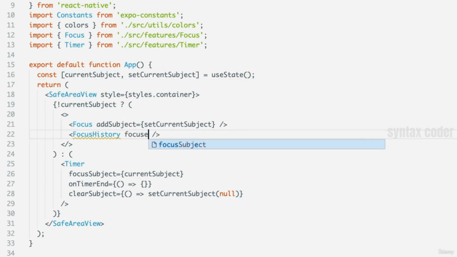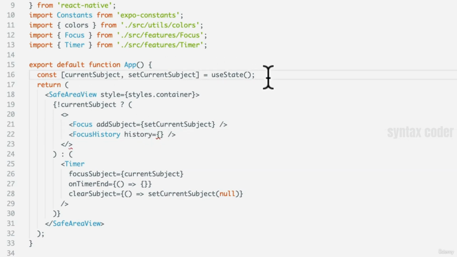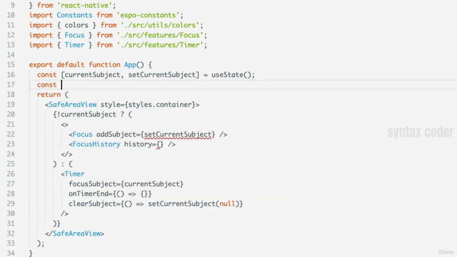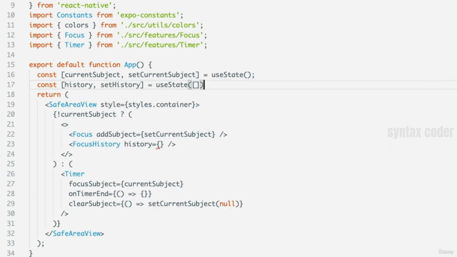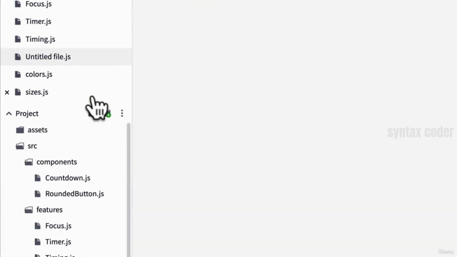And basically what we want to do is pass it the focused items, or let's pass it something called the history. Let's call it the history. And this is going to be the history of items that we focused on. Now, we're not currently tracking or storing that in any way. So useState, we're going to track history and set history, and that's going to be a useState of an empty array. Now, anytime history items come in, they're going to be pushed into this focus history, and this focus history is going to visualize a list of focus items. So we're going to build a new feature and we're going to call it